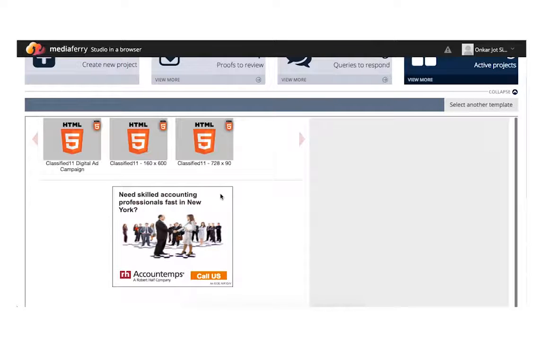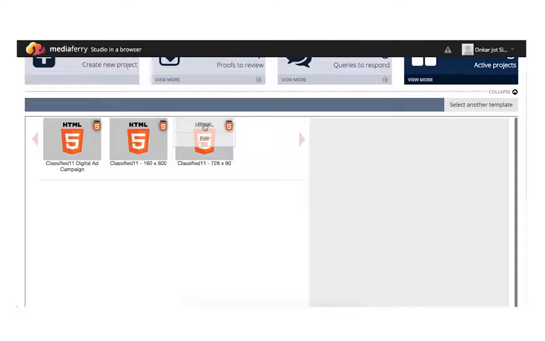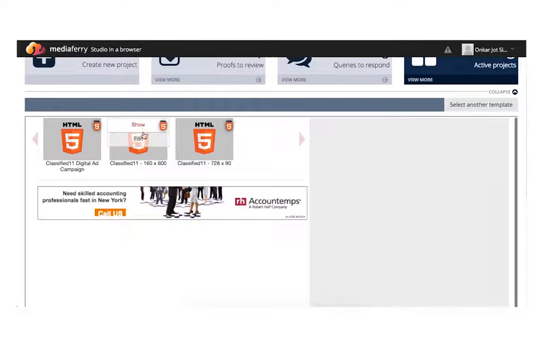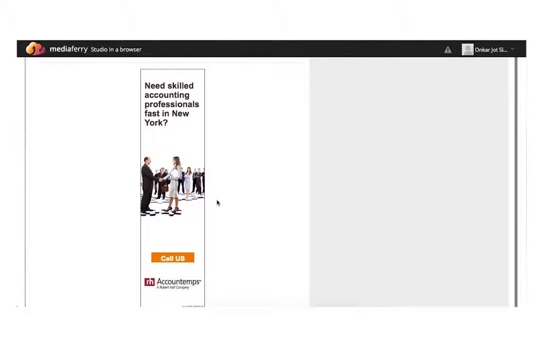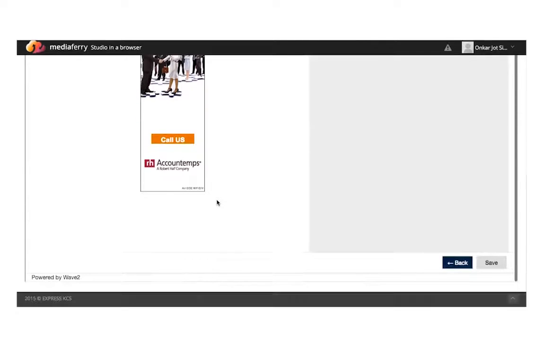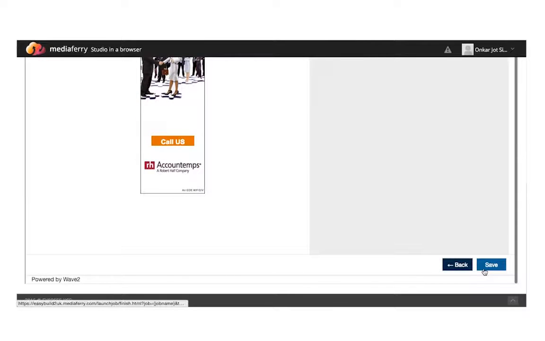You could review each of these sizes and even make edits if you wish to. Like in this particular case, if you didn't find the image fit appropriately, you could make the change to the image. Say I'm happy with the designs or the output that I received. I go down and I click save. As I hit save, Mediaferry will save this particular job, in fact all 3 versions,